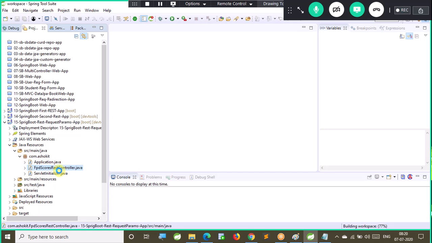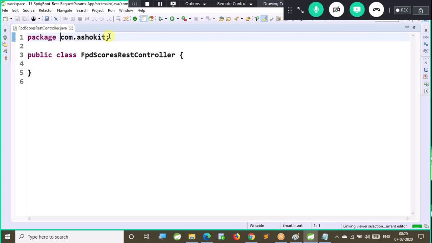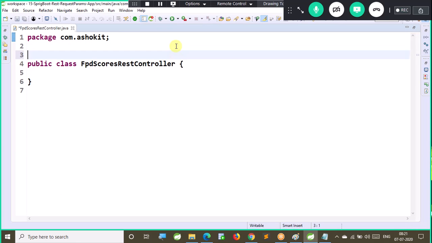If you really want to see the difference, we can give the class name as QueryParamController, or I am giving it as FPDScoresRestController. It is created in the base package itself, no problem. Or you can create a separate package also. Component scanning will happen for the base package also.